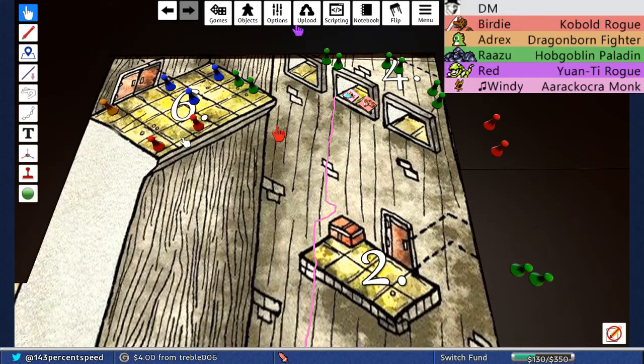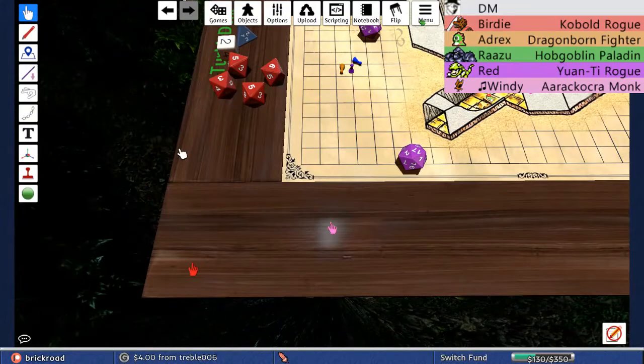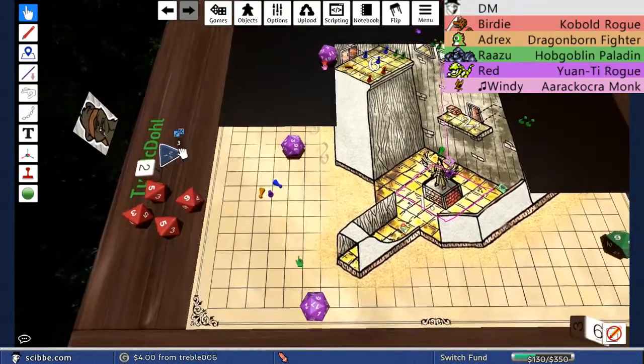Okay, are you going to throw it back? Yeah. Okay. All right. So, disadvantage to hit. Let's toss this out. Does this require your key point or a reaction or anything? 1 key point and a reaction. And reaction. Okay, so you're using your reaction to do this. Yep, that is